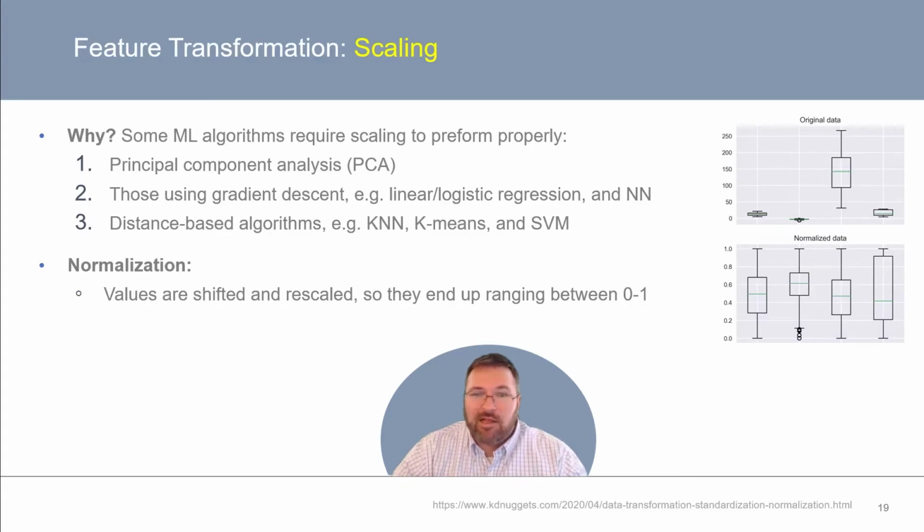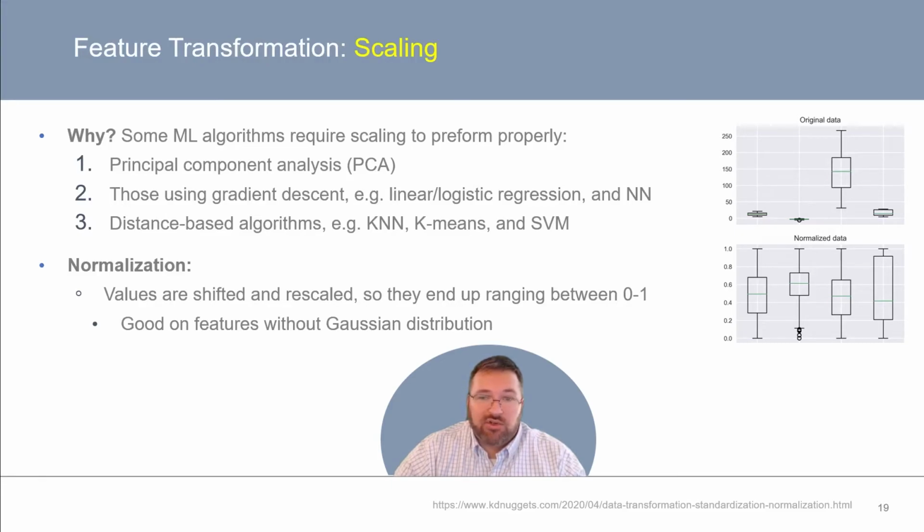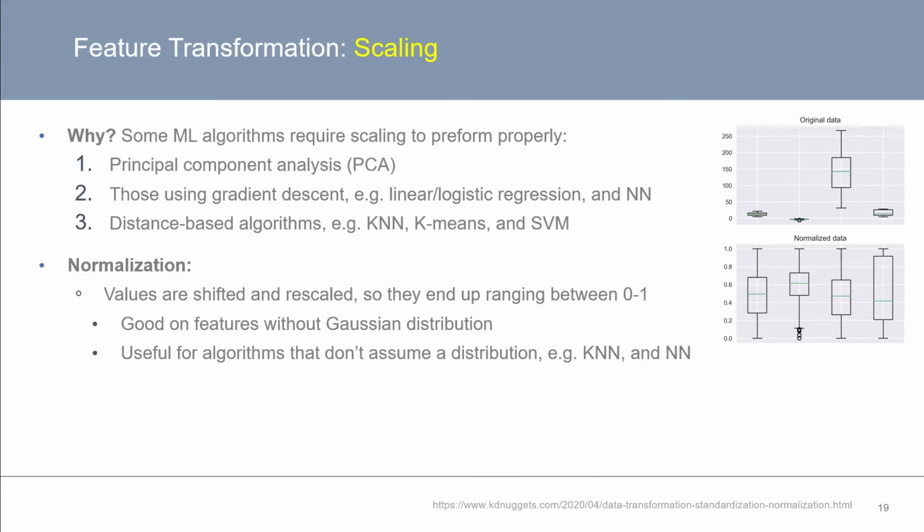When it comes to scaling, there are two major approaches. The first is normalization, where values are shifted and rescaled so they end up ranging between 0 and 1. In these box plots, we can see 4 original features in the dataset and their respective value ranges before and after normalization. Note that after normalization, each of these features has a value between 0 and 1. Normalization is particularly useful on features without a Gaussian distribution. And it's also useful when you'll use algorithms that don't assume any data distribution, for example, k-nearest neighbors or neural